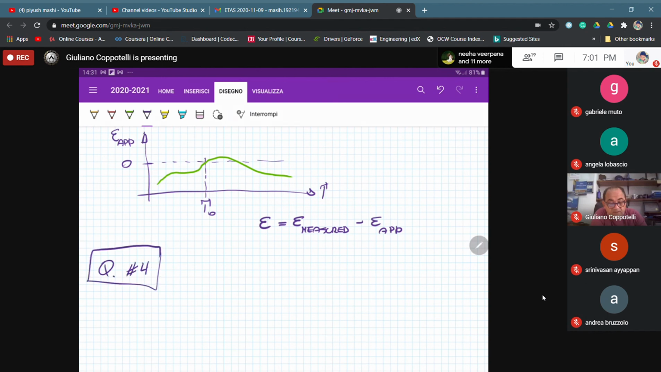Okay, finally, the last question was asking you how a piezoelectric-based accelerometer works. Then we just have to remark that there is the piezoelectric effect. You remember the piezoelectric effect is telling me that if I have a sort of